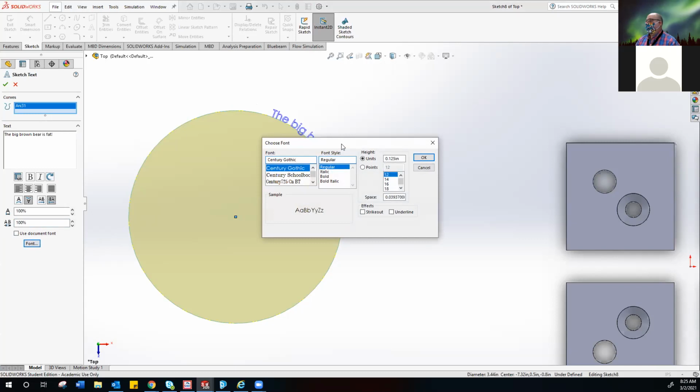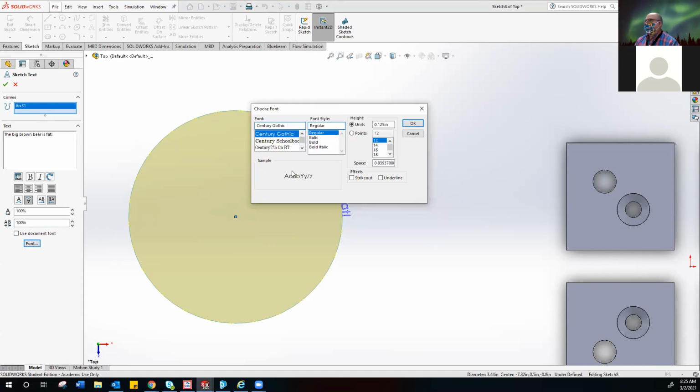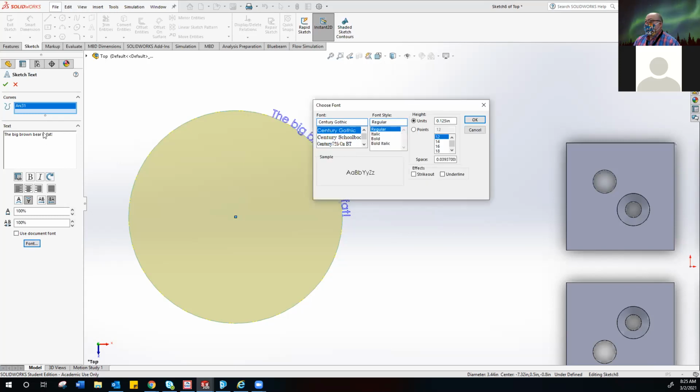It brings up a very tiny little window. This is one of the features of SOLIDWORKS I'm not really happy with, because you can't expand that sucker out. It's just a fixed size. Now, if you're going to change the font, you don't have to highlight it. Whatever's in this box is going to be affected. And you can go through and find different fonts in there. There's a couple I'm going to show you to be aware of, like that one right there is one they